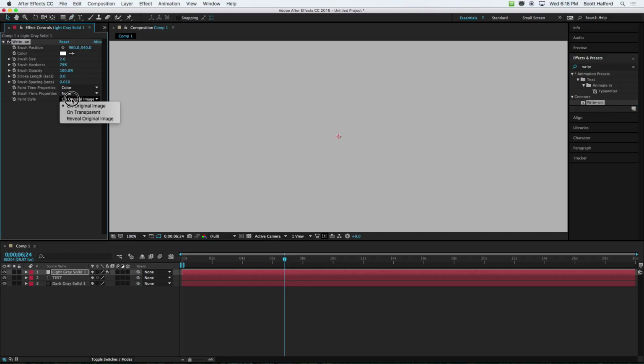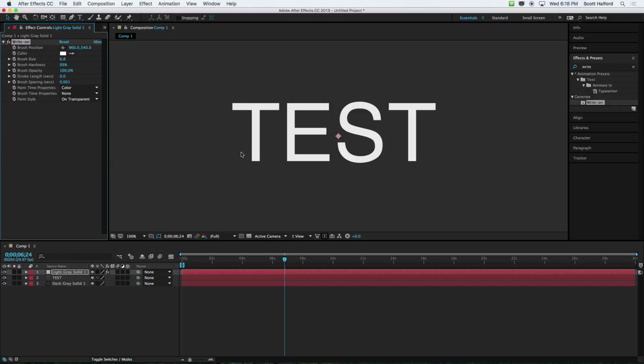Okay, going from top to bottom, let's make the brush size big-ish. Let's make the brush hardness 100%. We need to make the brush spacing as low as we can so that, rather than be dots, it'll look like a solid line. And then we're going to do this on transparent. Okay, so right now, if I make this really big, my write on is just right there in the dead